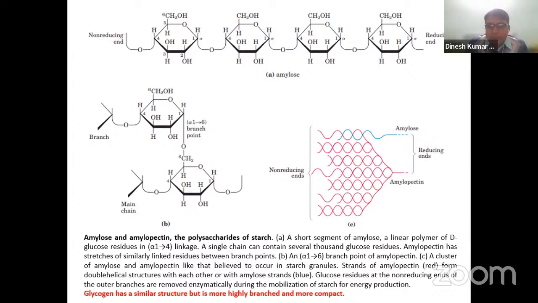And branching occurs by forming a glycosidic linkage between the alpha-1 hydroxyl group and the hydroxyl group at carbon number 6 in the glucose molecule. So on the left part, the B diagram shows this alpha-1,6 glycosidic linkage. And these two components, amylose and amylopectin, are arranged to form this